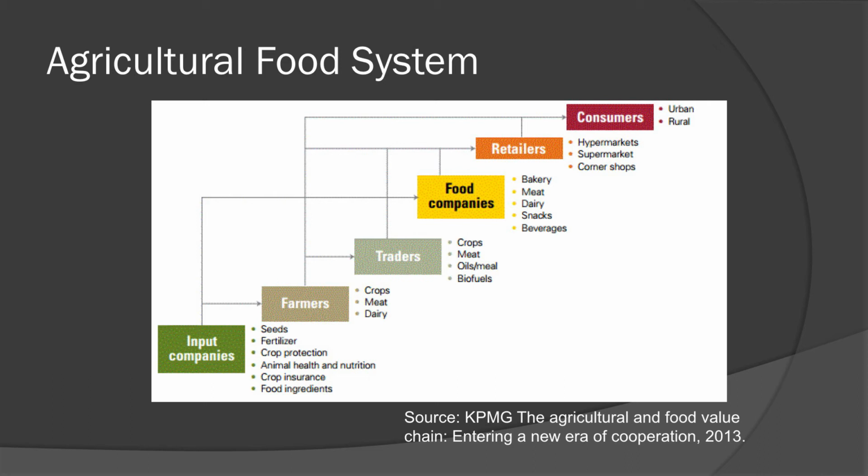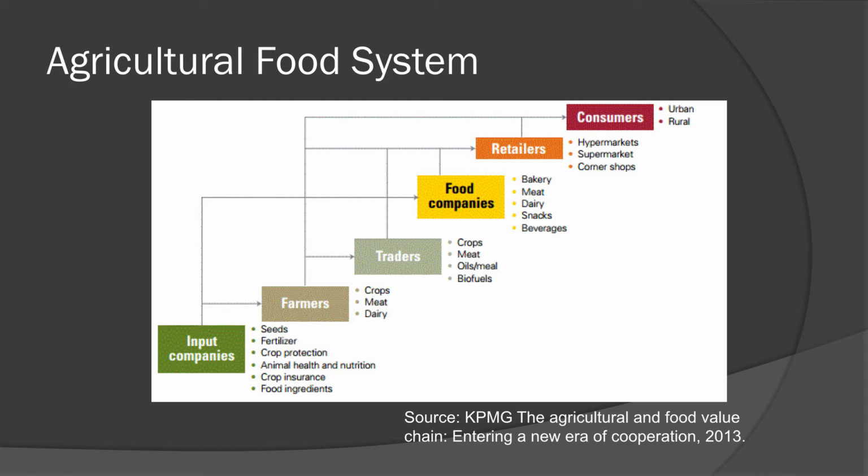And you can see that it kind of goes up that chain, or that value system. Sorry, don't use the word chain. That value system. But you do have some companies who can go around stages as well. So you can have farmers who sell directly to the consumers, such as with consumer-supported agriculture or farmers markets. And you have input companies who then sell to the food companies because they might have inputs that get into the processed food that the food companies then sell.